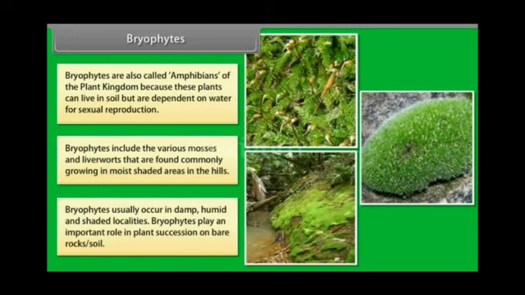Bryophyta usually occur in damp, humid and shady localities, and they grow on rocks and moist areas. In the rainy season you will see most of the rocks or the ground becoming green due to the growth of Bryophyta, where it looks very beautiful. It doesn't have proper root, stem and leaves.